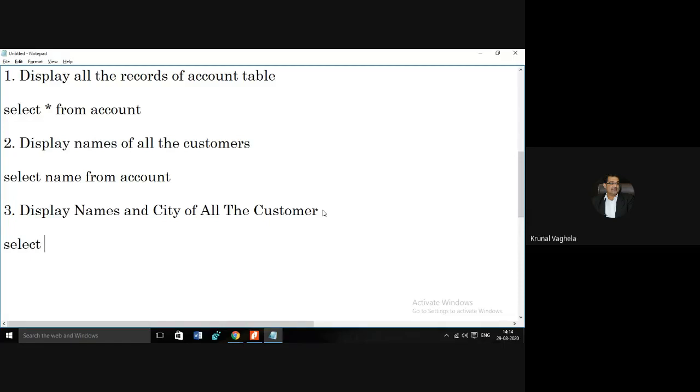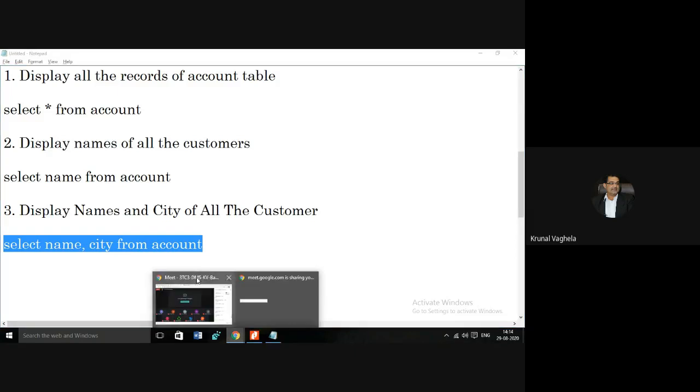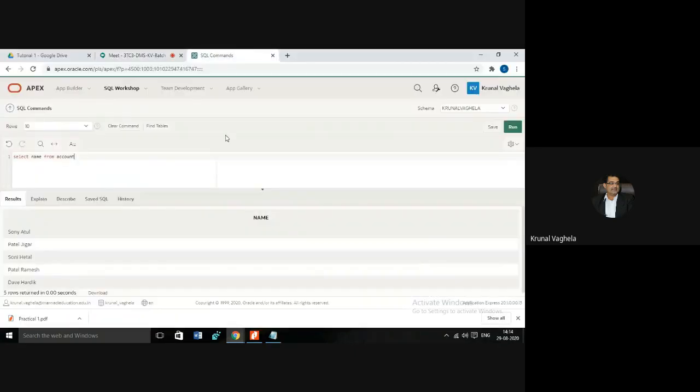Select name, comma, city from account. Select name, comma, city from account. Control C. Control V. Done.